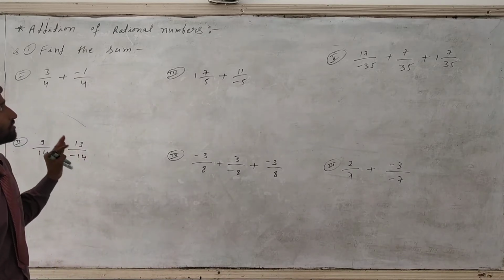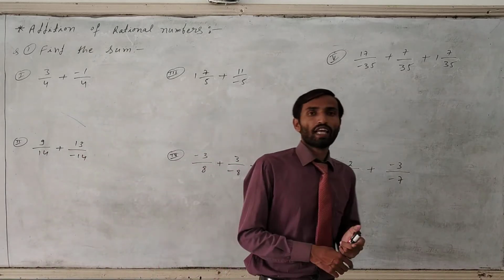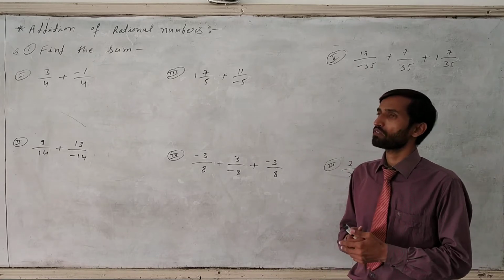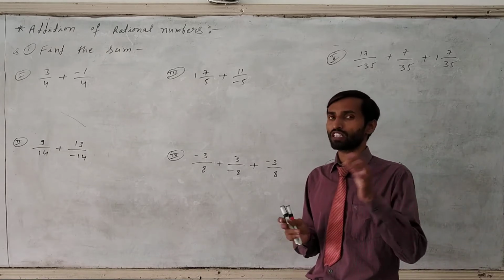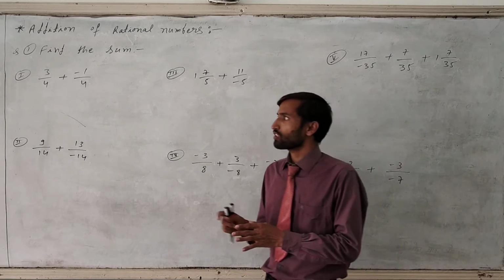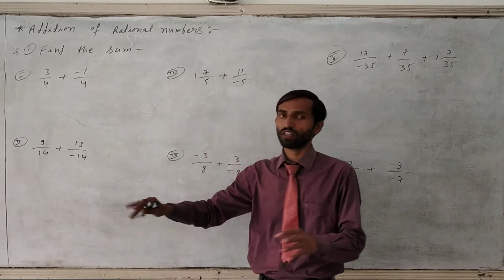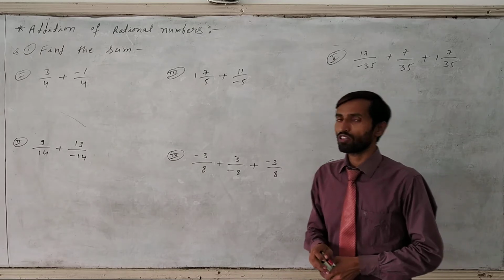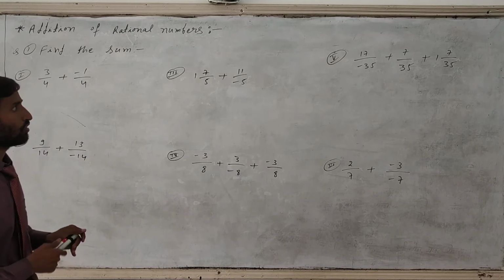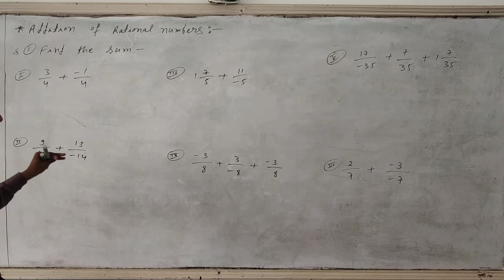In 3C different rational numbers are given but the denominator is the same, meaning like denominators. We have to do the sum of the given rational numbers with like denominators. Whatever rational numbers are given, in that case all denominators are the same. Just see here 4 and 4, and 14 and 14. Sometimes the sign will change, but we can manage the sign with some process. I will explain it one by one, so just go through it carefully.